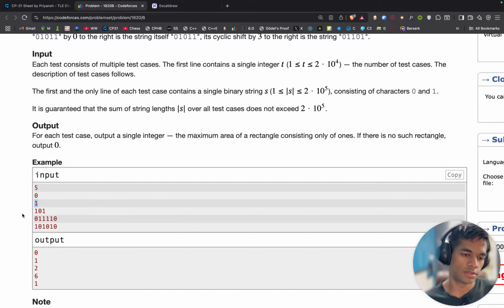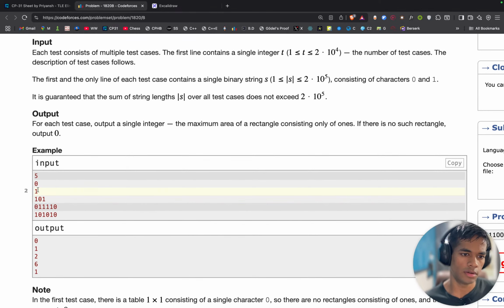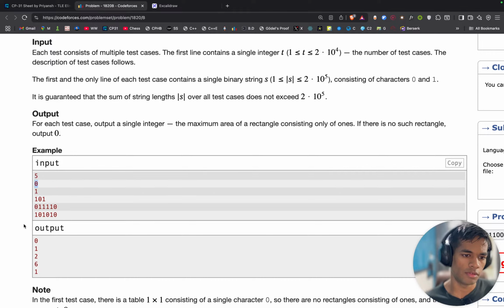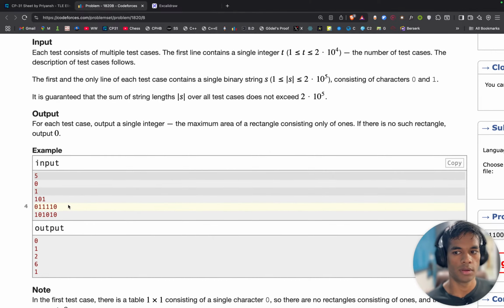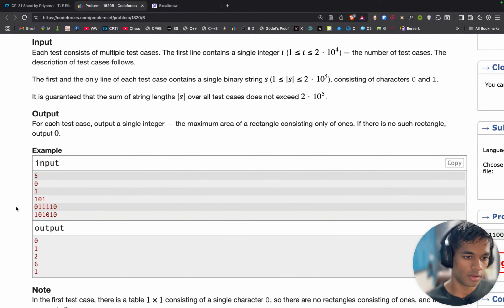In this, the answer is one. Wait, zero. Answer zero. One. I have to return the area, right? So in this the answer is two, because 101 a right shift 110, a right shift 011, and the greatest is 11. Yeah. And in this